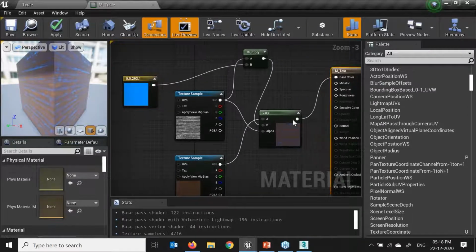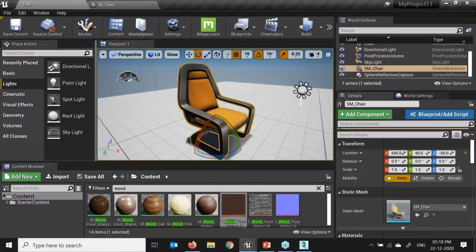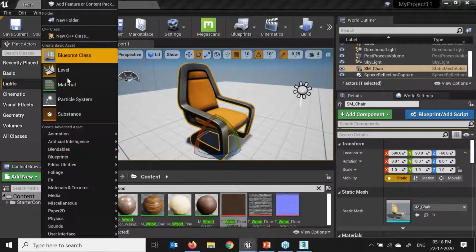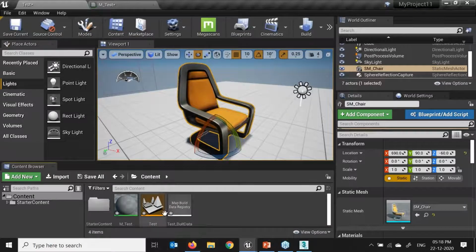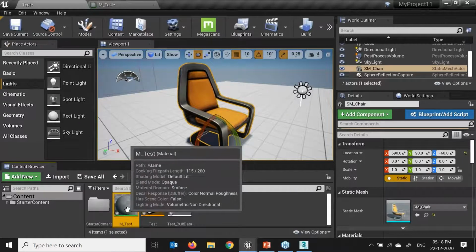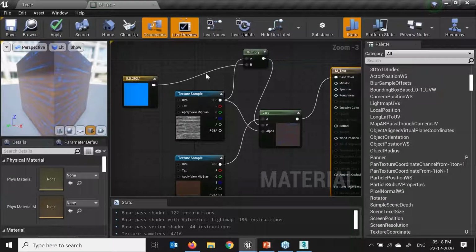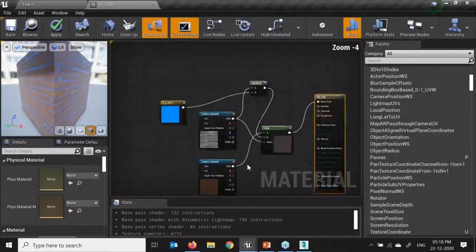Now see, I'll go through this one more time. I created a new material, right? In content, new material editor. Once you create the new material editor, it's going to be something like Material Test. If you double click on that, the material editor will open.